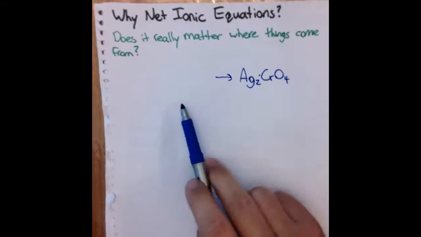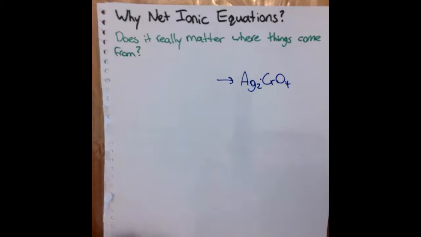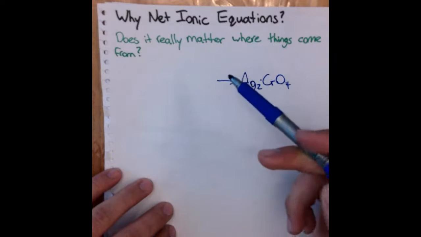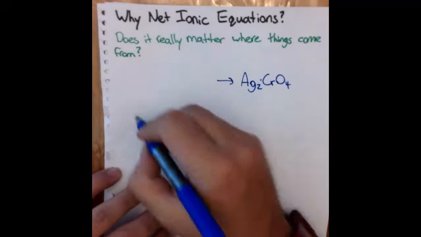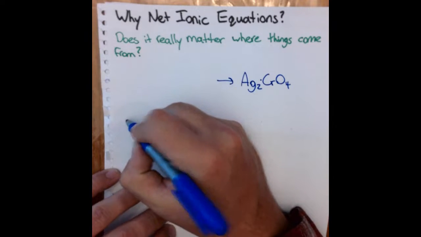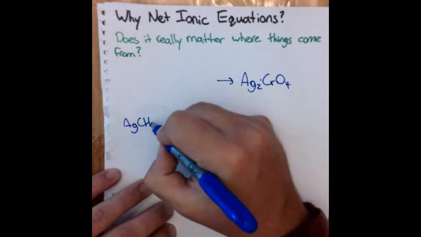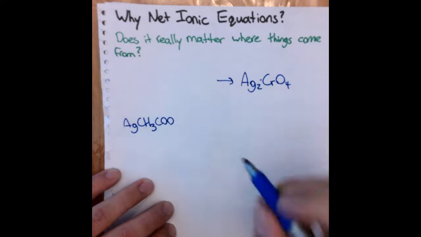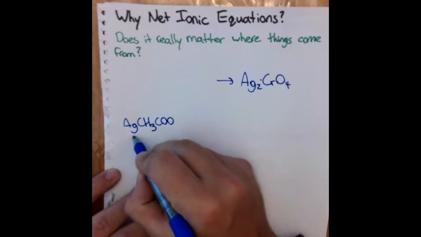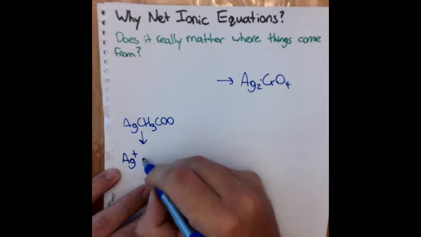I can get those silver ions and those chromate ions from a variety of different places. It doesn't have to be AgNO3 and our sodium chromate. Instead, let's say I can get it from, let's say, silver acetate. AgCH3COO. Right? Once in solution, our silver acetate is just going to dissolve into Ag plus ions and